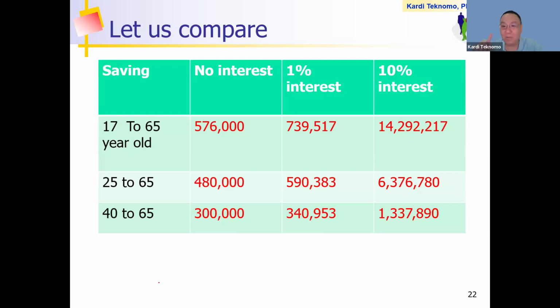What happens if instead of 1,000, you save 10,000 a month? All the values here will be multiplied by 10, sir. Yes, exactly, only multiplied by 10, exactly the same as your amount. But time will help you a lot. And then the interest rate also helps you a lot. Very good.